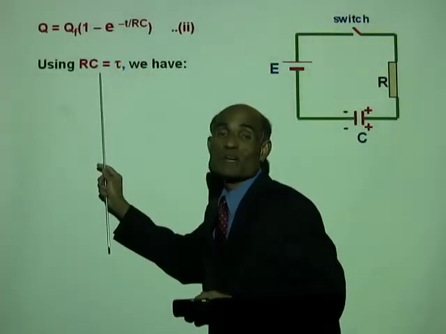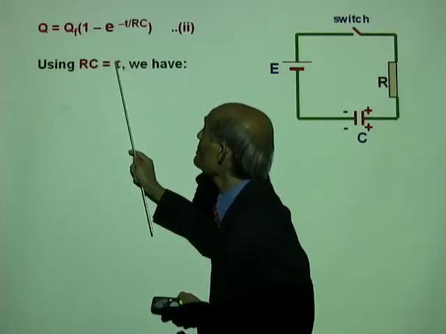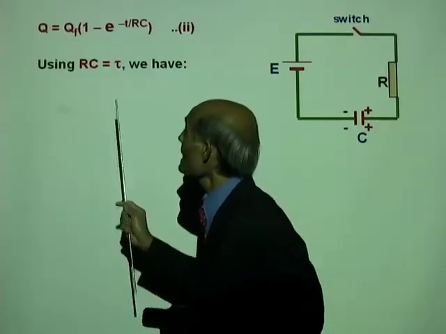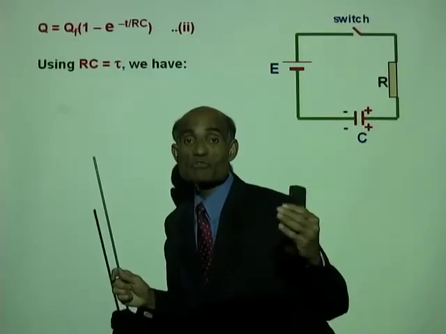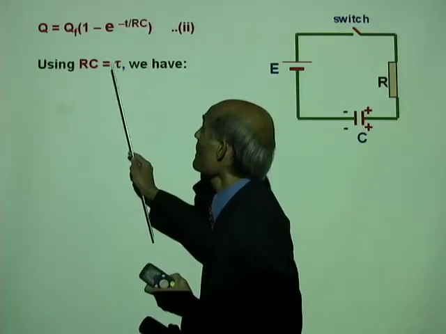Now, I'm going to do a little manipulation here. I'm going to say let RC equal to tau. We actually discussed this in connection with Newton's law of cooling, a very similar situation. When RC